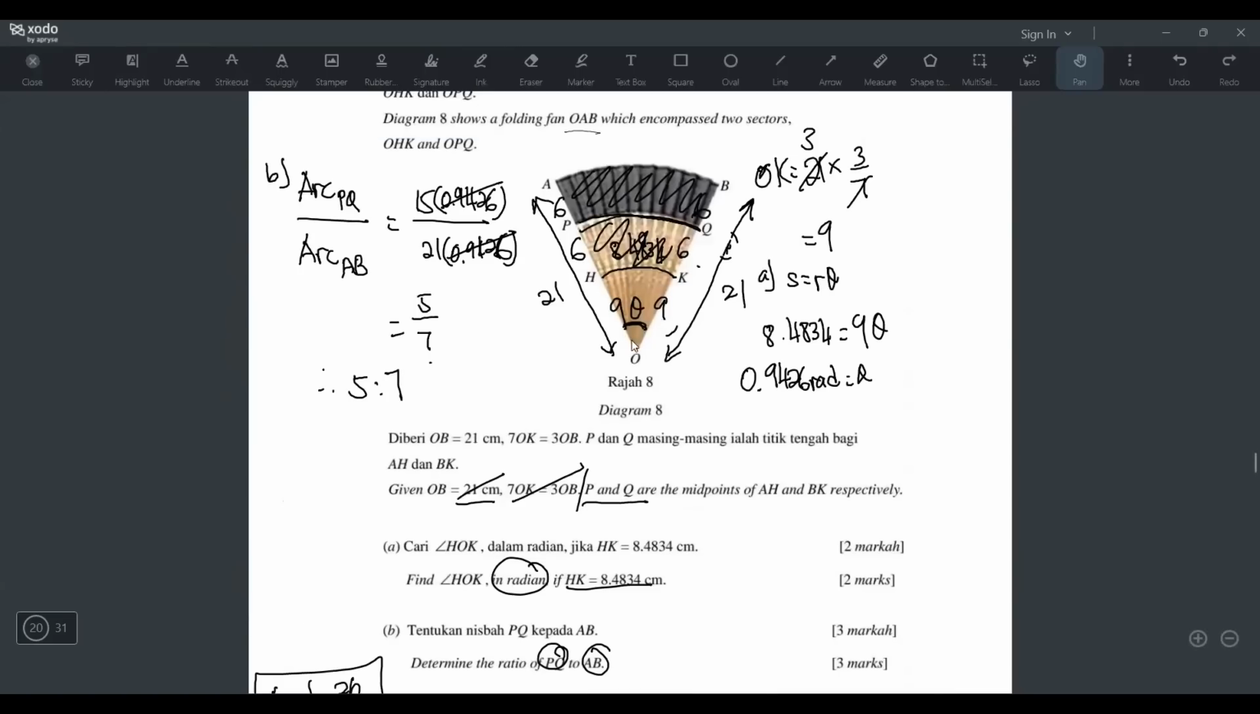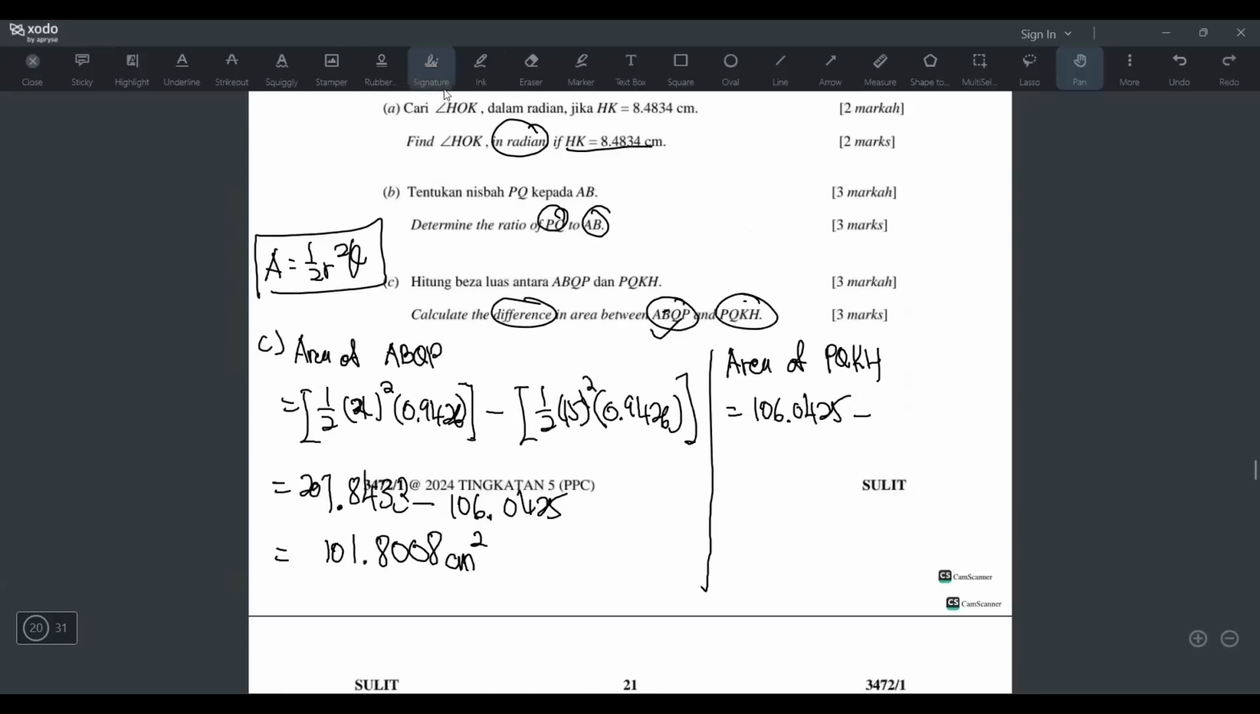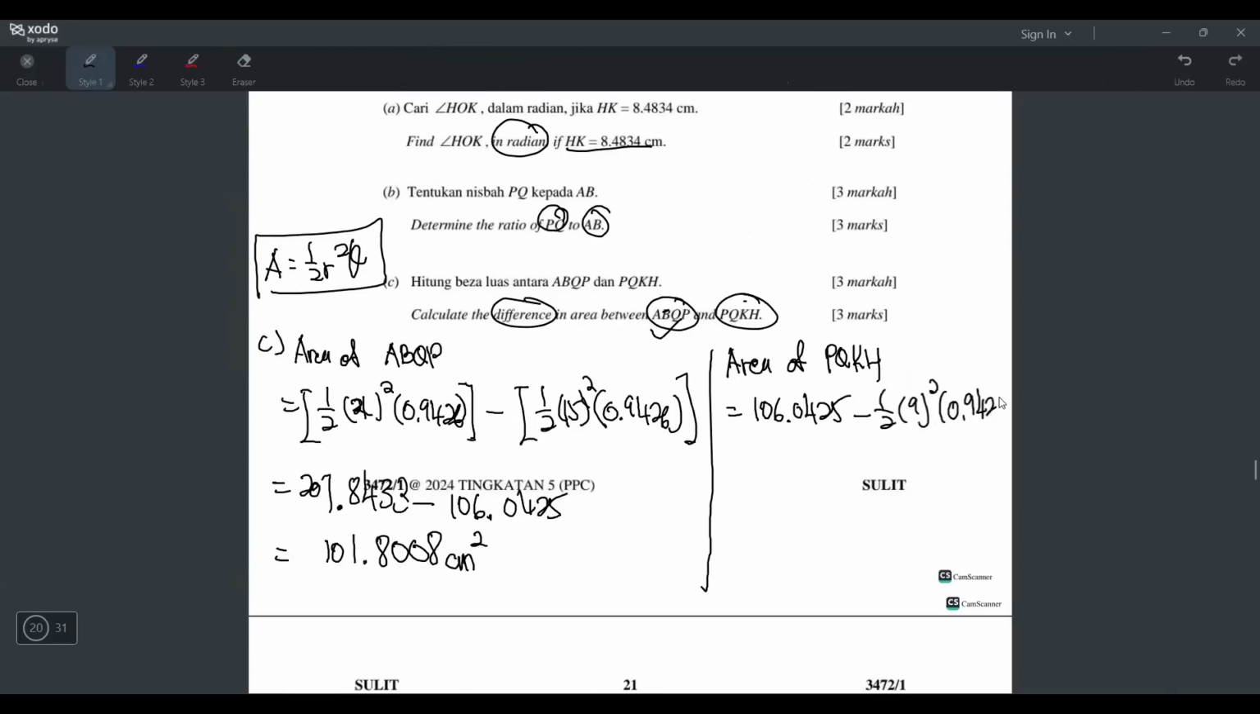So the radius of the small sector is 9, the angle is 0.9426 in radian. So 1 over 2 times 9 square times 0.9426. Okay, now we have to press all this. This one I should use big bracket. So it should look like this, like this, like this. Okay, so now it becomes